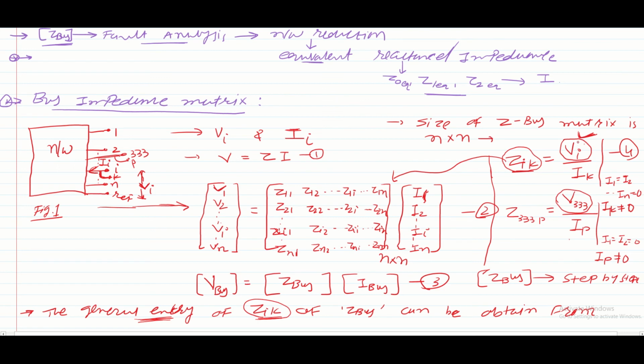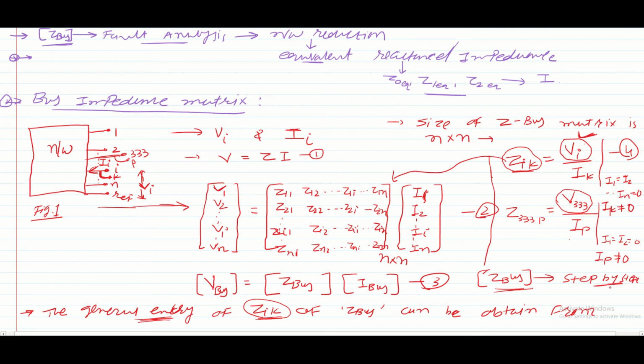Because every time we need to calculate the bus voltage value for each bus, and it is not easy, as we have already studied in power flow analysis. For calculation of voltage value we need computational procedures or an iterative process. So we need to move towards a special method for formulating the Z-bus matrix,